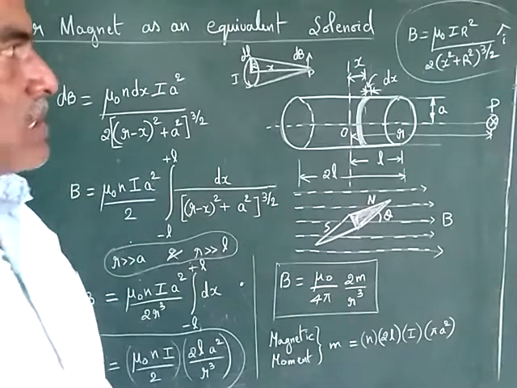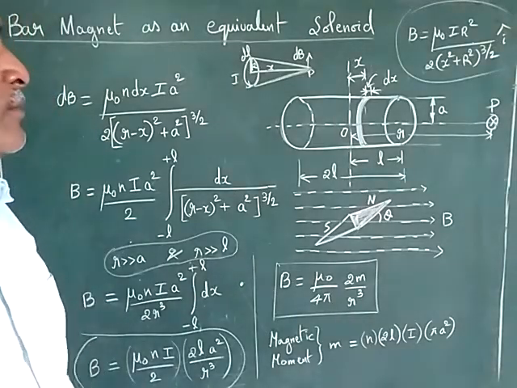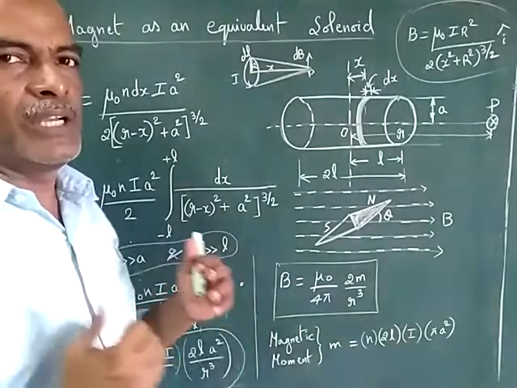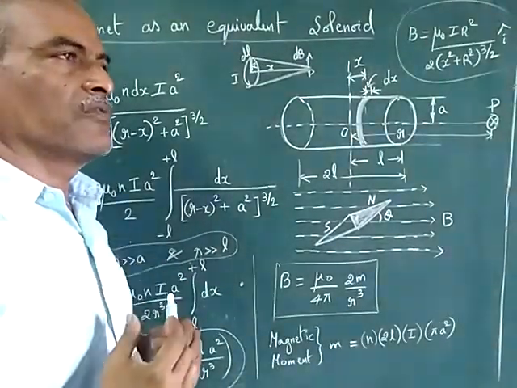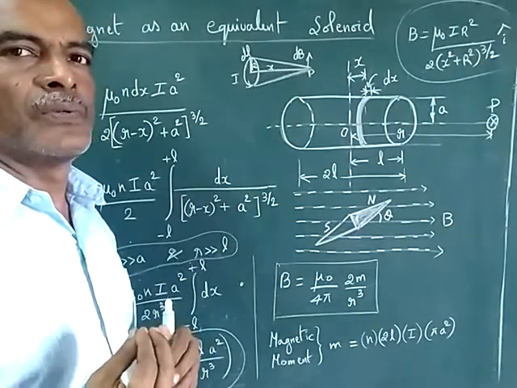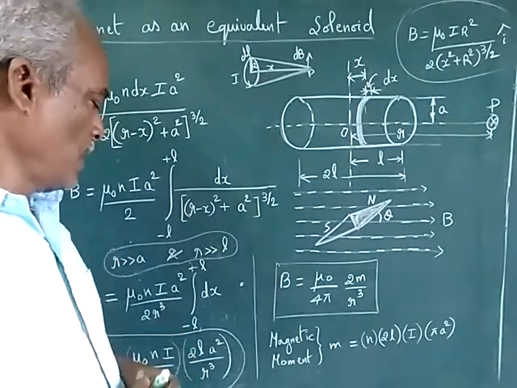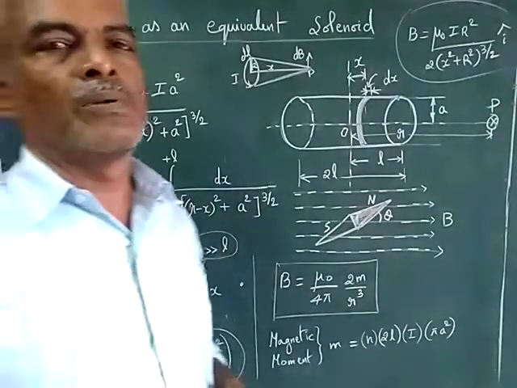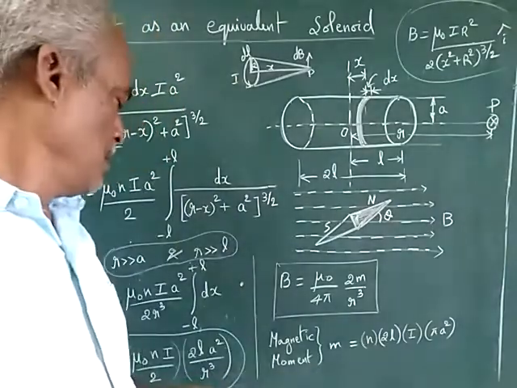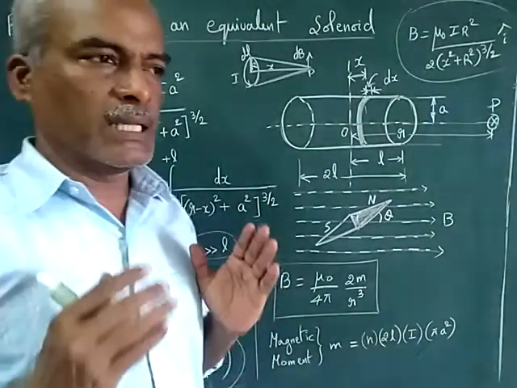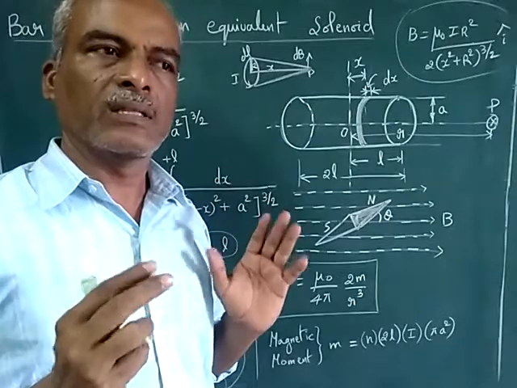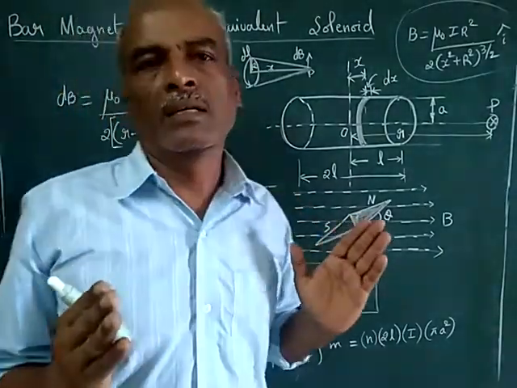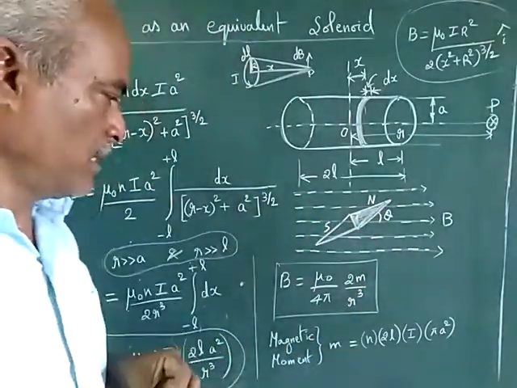So that's all about this topic on the solenoid, which can be viewed as a bar magnet. Actually, we try to express the properties of a bar magnet with the help of the solenoid relations. So whatever we got here is equivalently applicable for a bar magnet. We can view a solenoid as a bar magnet with almost all the properties, 99%, it is equivalent to a bar magnet.